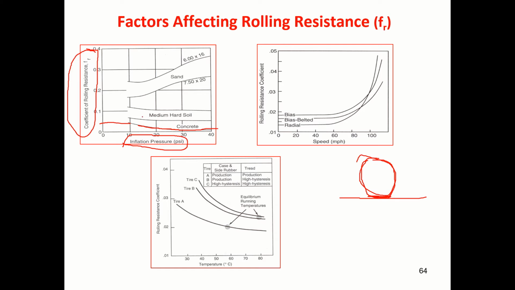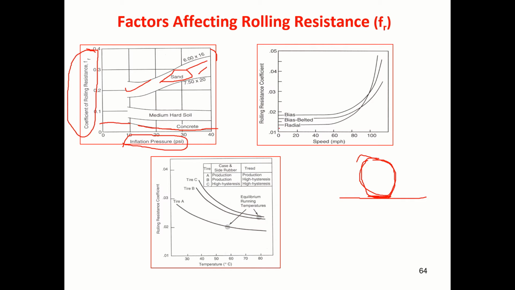Medium hard soil, the same you can see here. They have given a range. It decreases. But if it is sand, higher the inflation pressure, then rolling resistance coefficient will increase, because the tire starts getting buried into the sand. So be clear about that. That is why it is better to maintain low inflation pressure if it is too sandy, right? Fine.